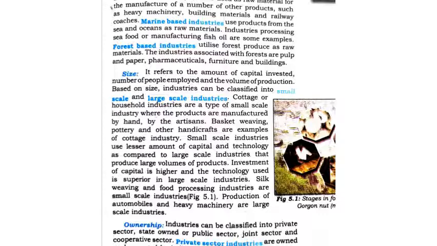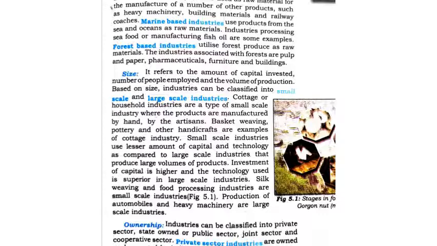But on the other hand, in the large scale industry, they produce a large volume of productions, large volume of products, and they use